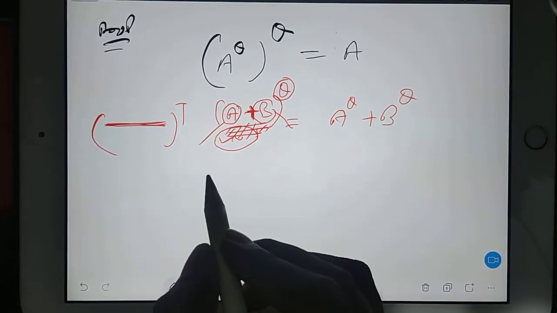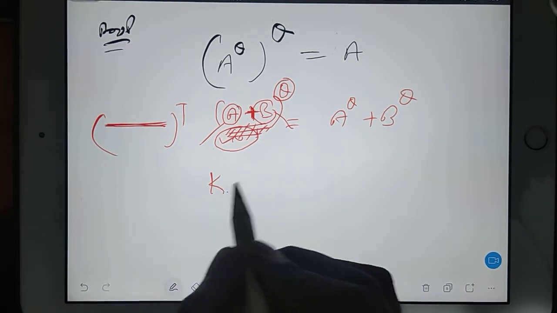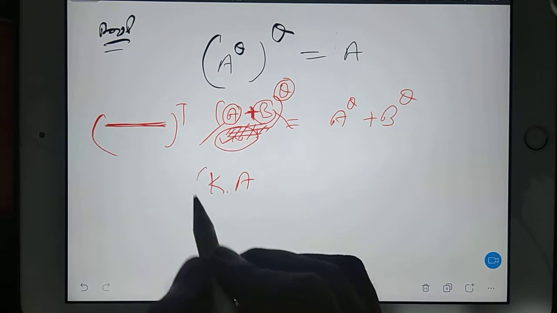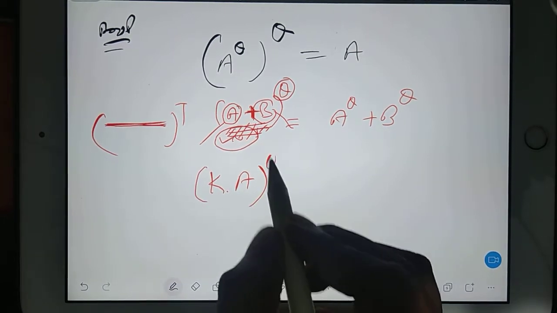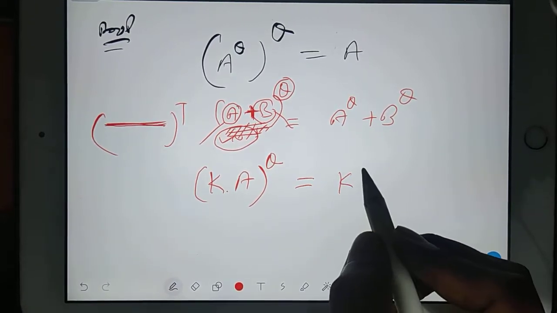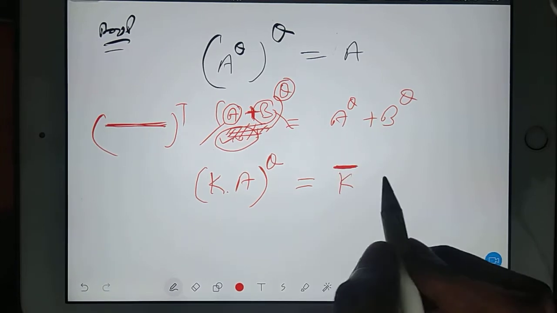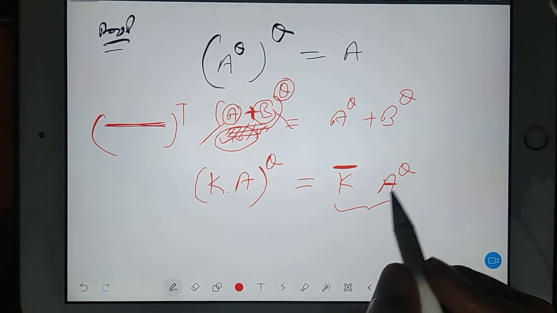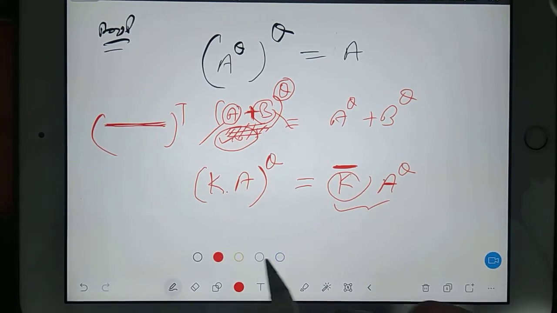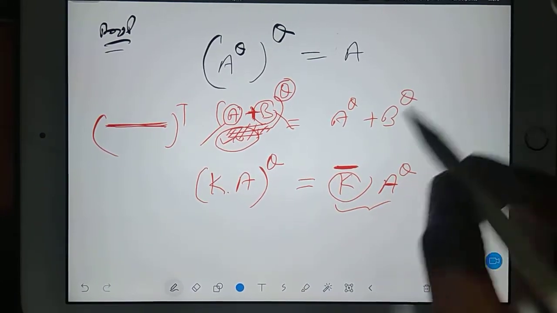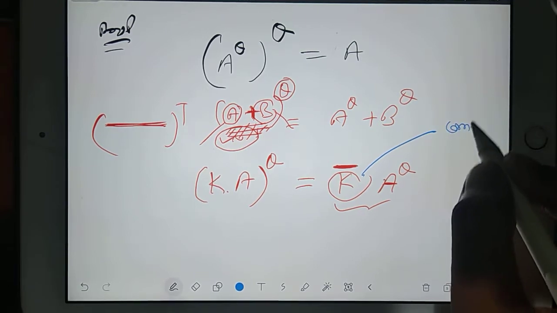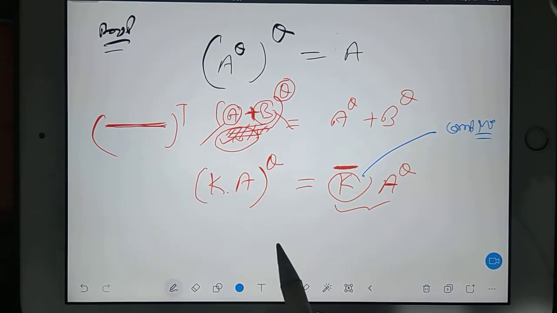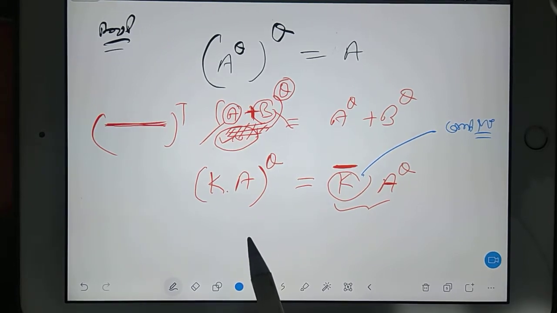Same thing if k is any complex number and you are multiplying with any matrix, then you will get a particular answer. Now for that answer, if you go for theta, that is nothing but for this number k you find the bar, and for A you find theta. They both will be equal. What is k here? k is not any normal number, because we are dealing with complex matrices. So this k is any complex number. Now you see, but in case of product, this value changes.